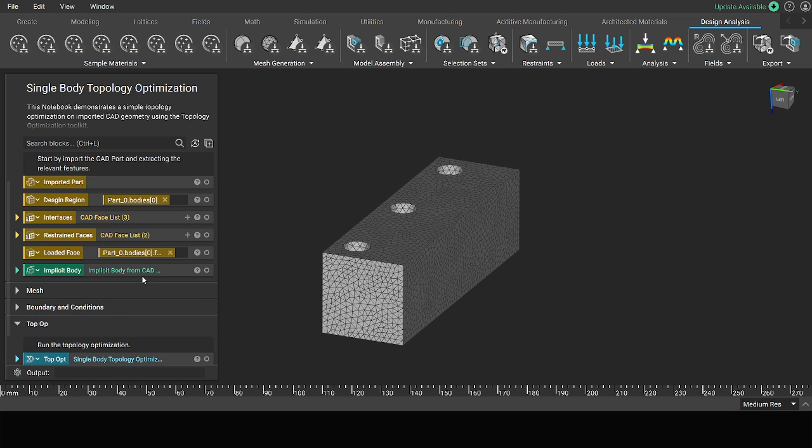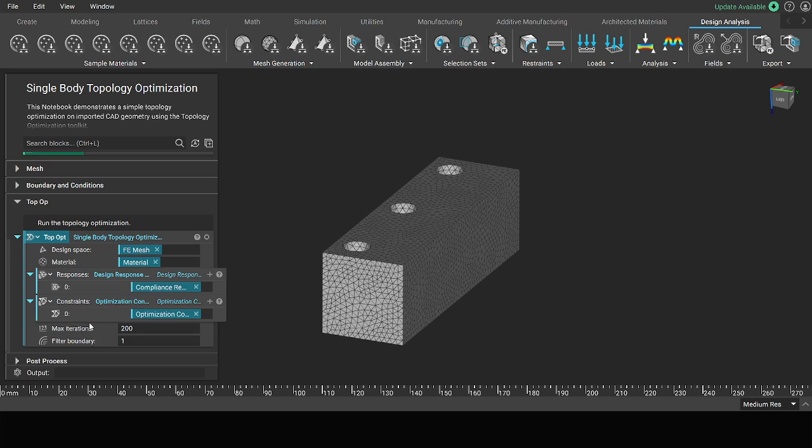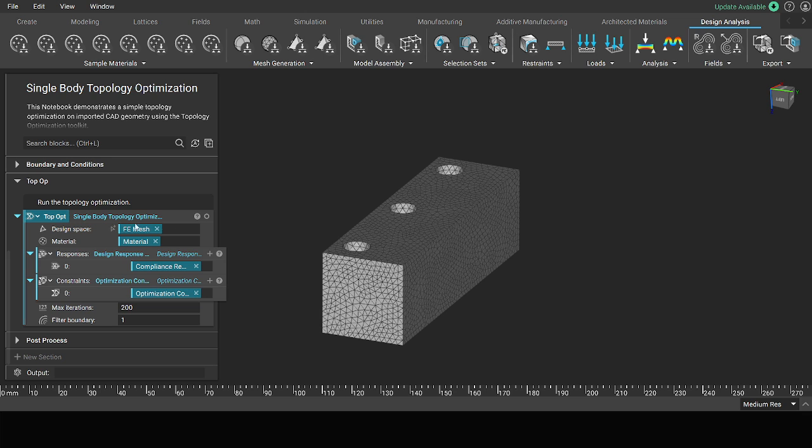So then we're going to come into here to our top op. When I click on this, you're going to see something very different. This is our top op, our single body topology optimization. So this is just one part. We're just having a theoretical force from another part without having that modeled. And it's click and fill. I don't want to remove that because then when I add it, it's going to try to run it again. But essentially, I have the FE mesh set up, and when I double click in this box, the design space, it's going to ask me